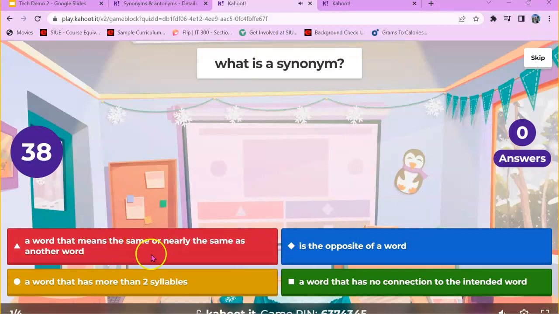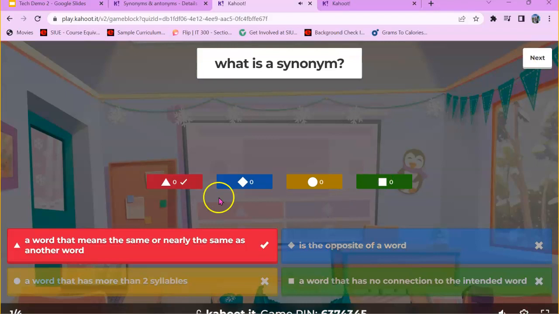as you can see, these are your answer choices. So there could be 1 or multiple correct answers, so you'll have to make sure that you read them carefully and press the right one. These shapes and colors are the same throughout the entire quiz or game or whatever. And then here,